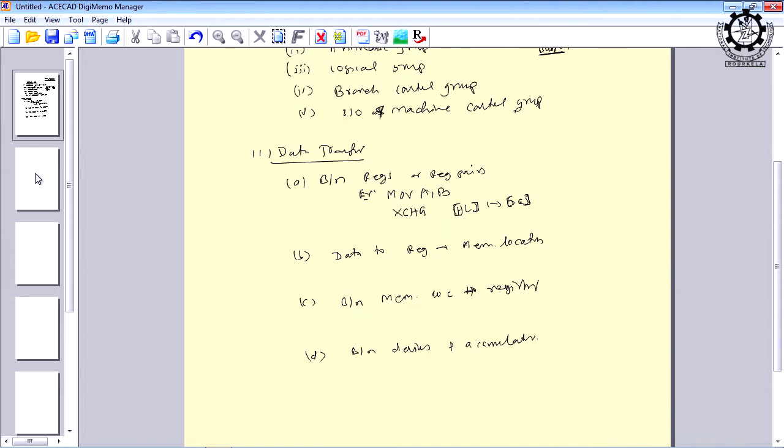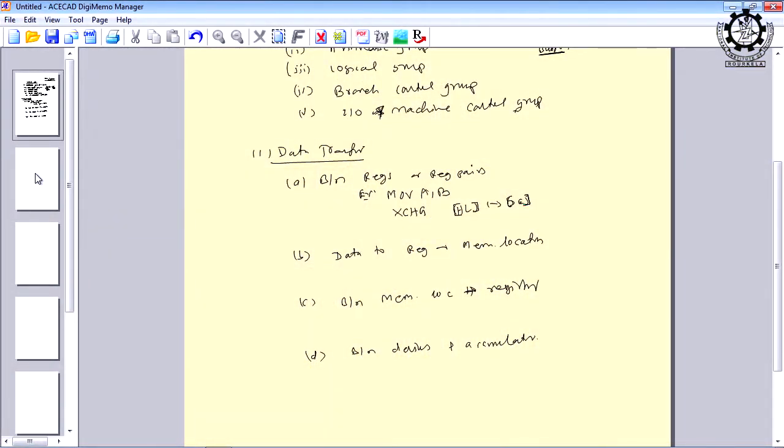Whenever you write the square bracket, you understand that you are referring to the content of that register pair. Here the HL and DE contents will be exchanged, meaning the DE content will be copied to HL and the HL register pair contents will be transferred to DE. This is the data transfer between two pairs of registers.